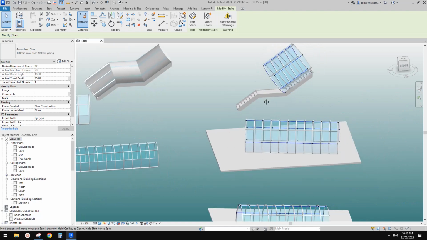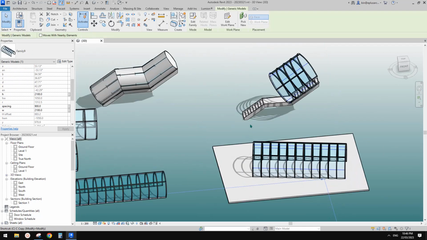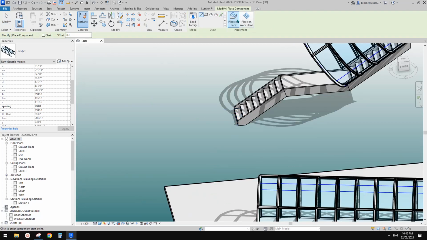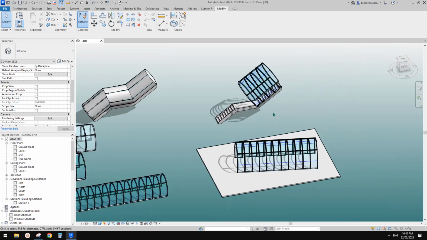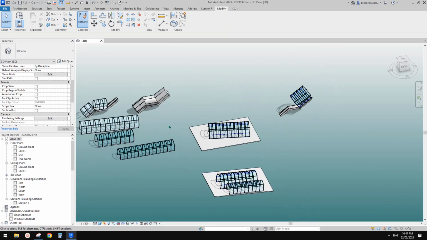But for a line-based family, you might find it a little bit tricky. Because if I CS, create similar, and we try to pick a point here, you will find it's a little bit hard because you can't really pick the point up there. So how can you do it? Let me just drag this to here. So you can do it